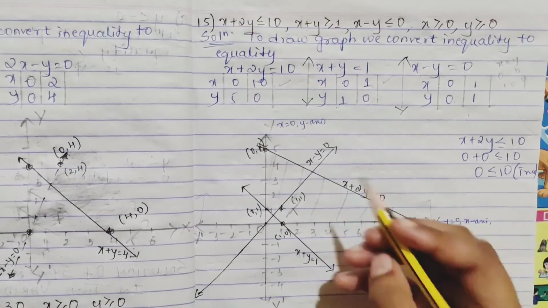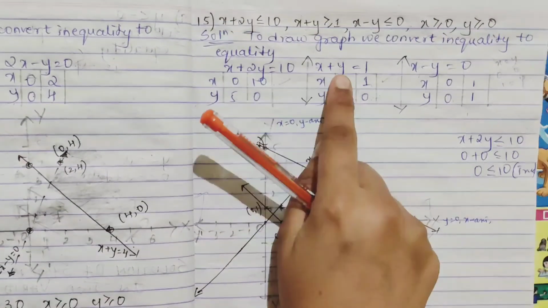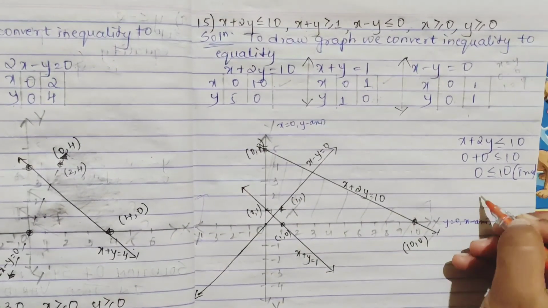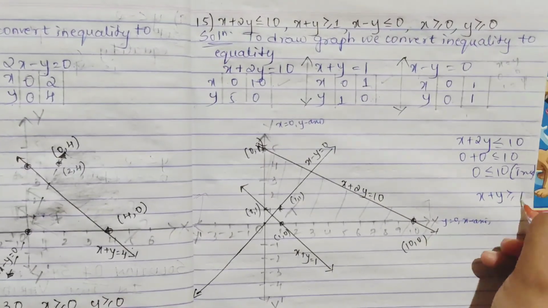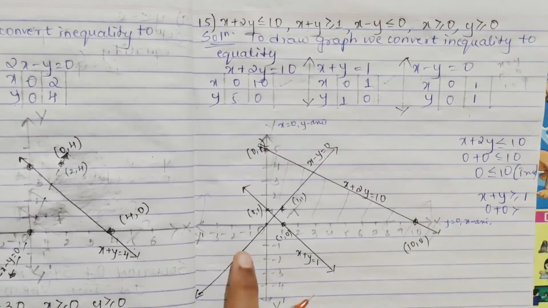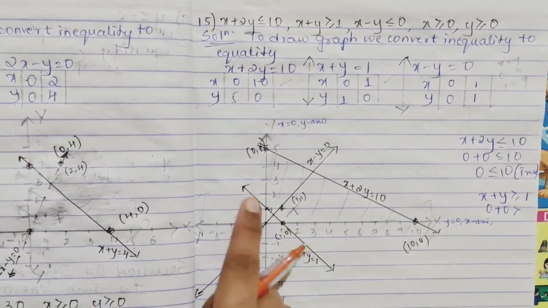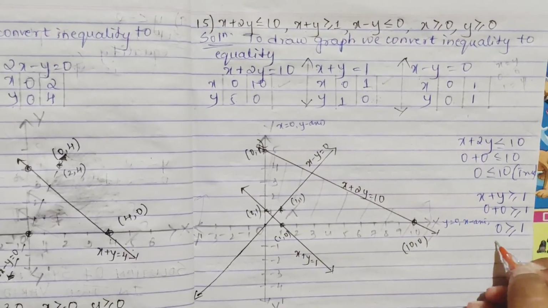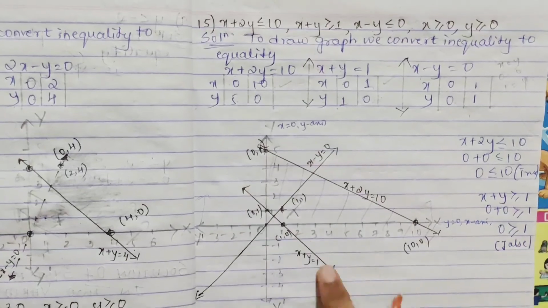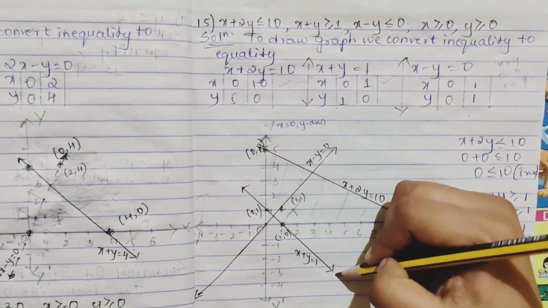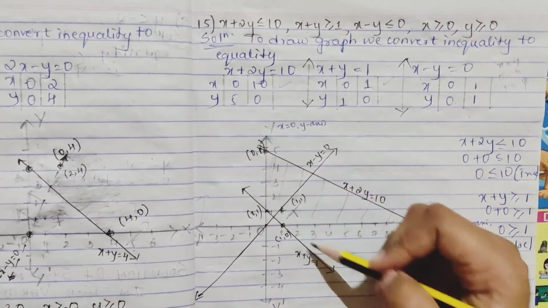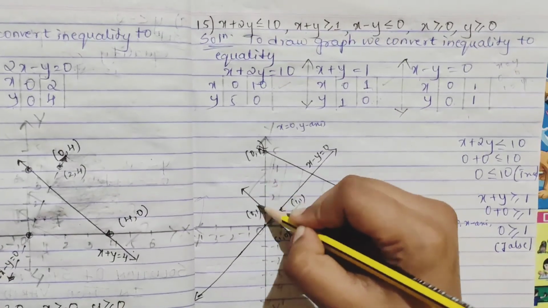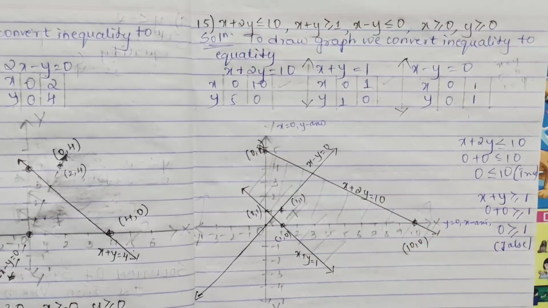Okay. Second, x plus y greater than or equal to 1. Obviously 0 plus 0. See, this line also is not passing through 0, 0. So I am considering 0 greater than or equal to 1. Is it? No, right? This is false. So this line, you see, 0, 0 lies here. This is false, which means its opposite side is true. Here it will be the shaded region. This you will get as the visible region for this line.